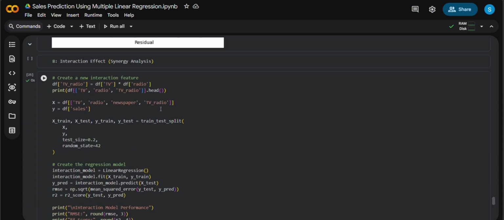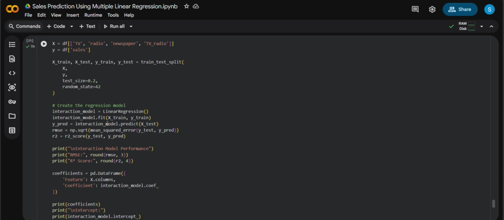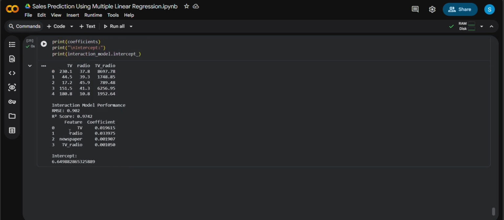Then the eighth step is the interaction effect analysis, where I created an interaction feature called TV radio to study the combined effect of TV and radio advertising. Including this feature slightly improved the model prediction performance, showing these two advertising channels work well together. So in conclusion, TV is the most influential advertising channel, followed by radio, while newspaper has the least impact on